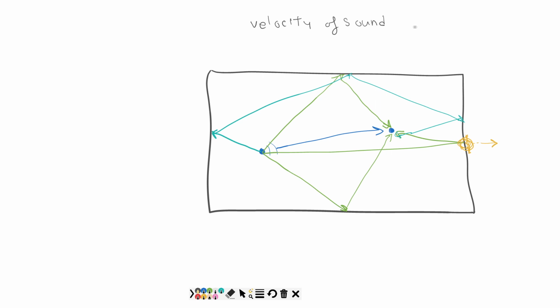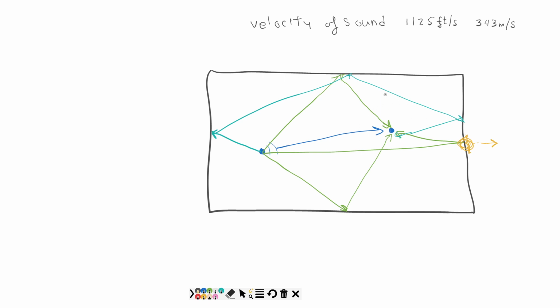All right, so we're looking at, in U.S. customary units, maybe somewhere around 1,125 feet per second, depending on what the temperature is. In metric, maybe about 343 meters per second. It is a function partly of temperature, but room temperature is somewhere around there. Now, if you look at the little diagram I have here, the path lengths, the blue